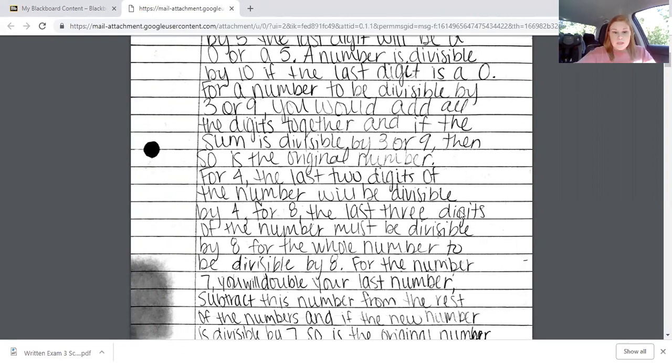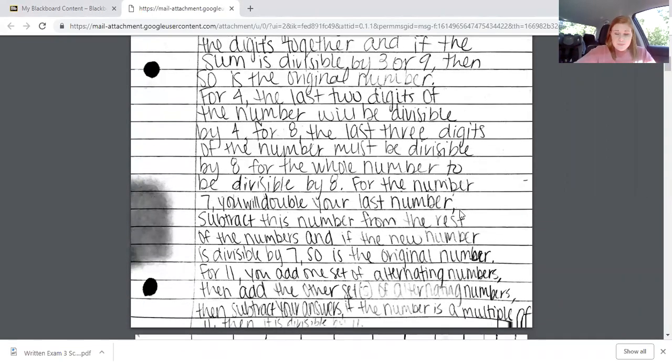for the whole number to be divisible by 8 as well. So for the number 7, it's a little confusing, but it says you double your last digit, then subtract that from the original number without that last digit included. So it would be what you used other than that last number that you doubled. Subtract that, and if the new number that you got is divisible by 7, then that whole original number will be divisible by 7. For 11, what you will do is add one set of alternating numbers and then add the other set of alternating numbers. Then subtract your answers, and if that number is a multiple of 11, then it is divisible by